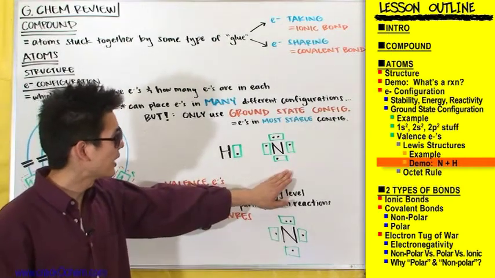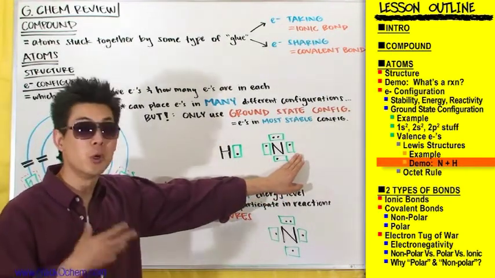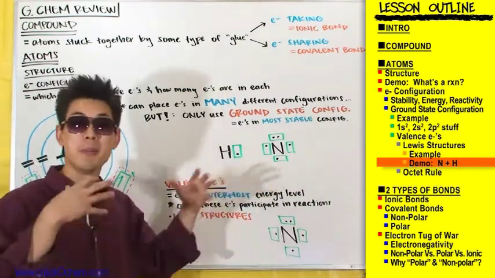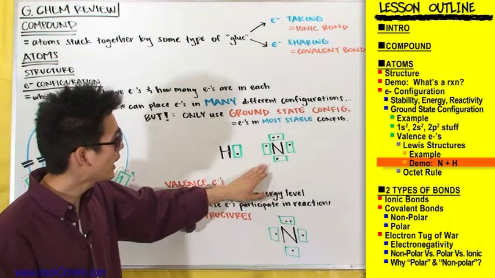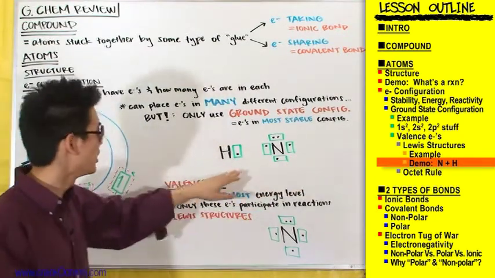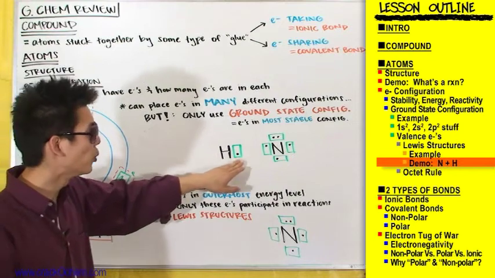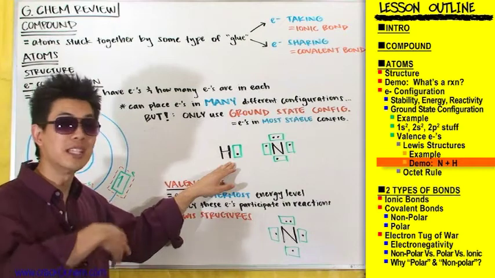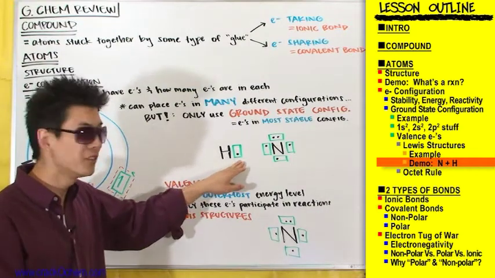We've got a nitrogen atom with 3 orbitals with only 1 electron in each one of those orbitals. In order for nitrogen to be the most stable it can be, it's going to want to add 1 more electron to each one of those orbitals. A similar situation is going on with hydrogen. It's only got 1 orbital and 1 electron in that orbital. So hydrogen, in order for it to be the most stable it can be, wants to fill up that orbital